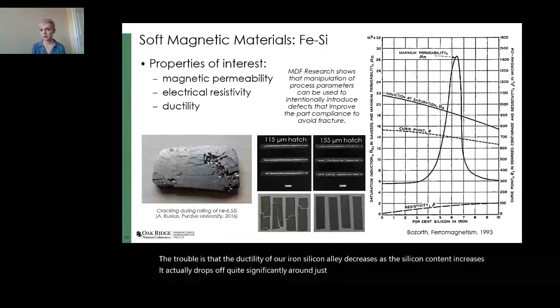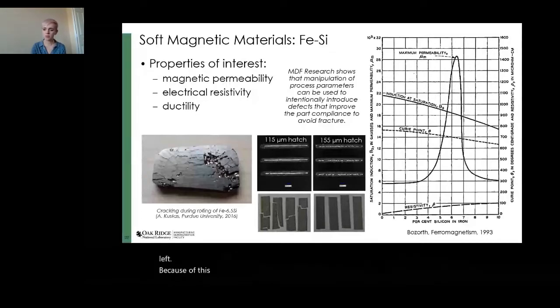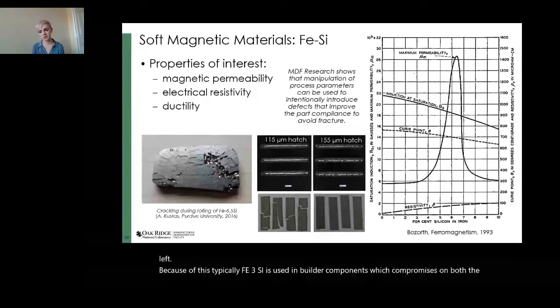In today's typical manufacturing processes, sheets are rolled out and then laminations are stamped from the sheets. So low ductility presents a big problem here, as you can see in this image on the bottom left. Because of this, typically Fe3Si is used in motor components, which compromises on both the permeability and resistivity in favor of the ductility. One of our angles in this research has been to process and use Fe6Si by leveraging the